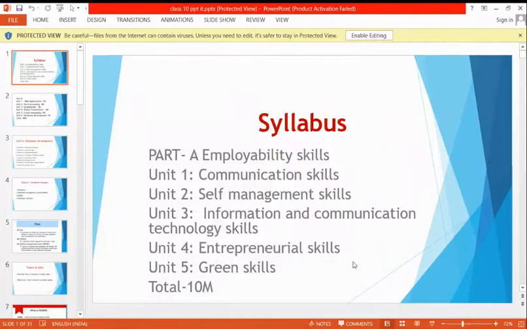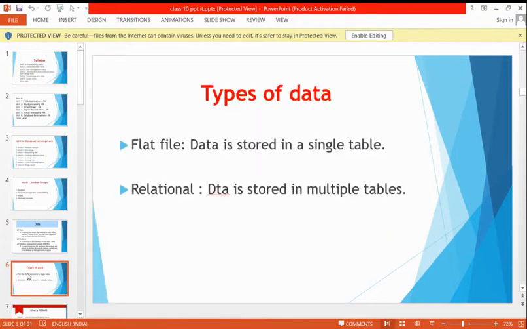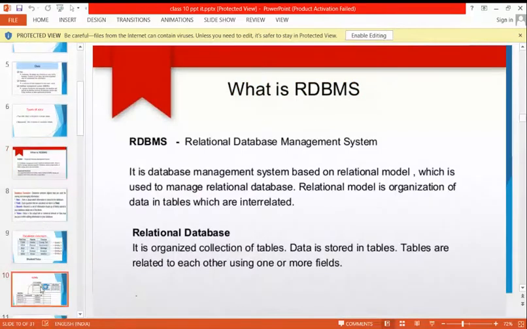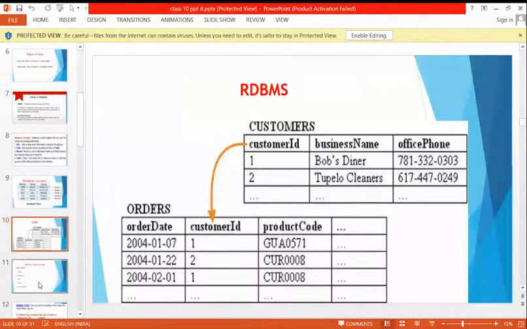Hello, students. In the previous class, we discussed your Unit 6. In that, we discussed what we mean by data, types of data, and what we mean by RDBMS. Then, in today's class, we will see